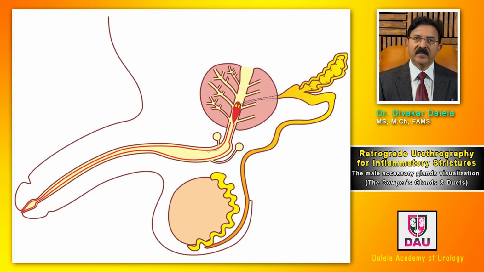In this diagram, I have tried to show you the mucosa of the urethra by red outline. In many patients of urethral stricture, this is a normal mucosa. But in patients of chronic inflammatory urethral stricture, the mucosa becomes irregular, uneven, and even polypoidal, as I have shown you in my earlier video where I showed you the morphological changes in the mucosa of the stricture. And these changes in the mucosa are responsible for the dilatation of the orifice of the Cowper's gland duct. And that's why the ducts get dilated like this.